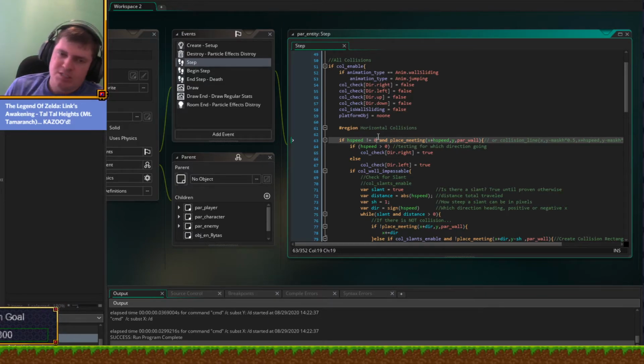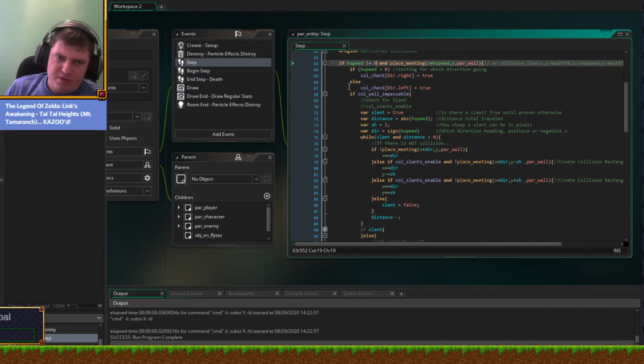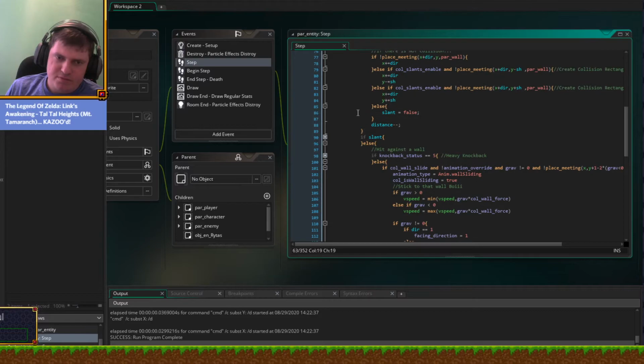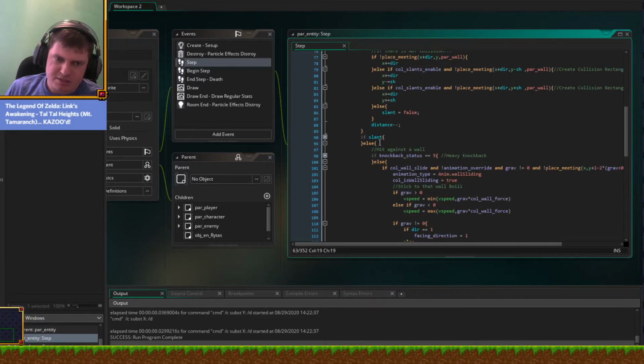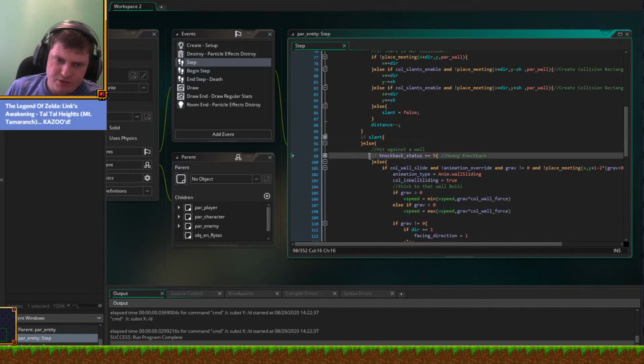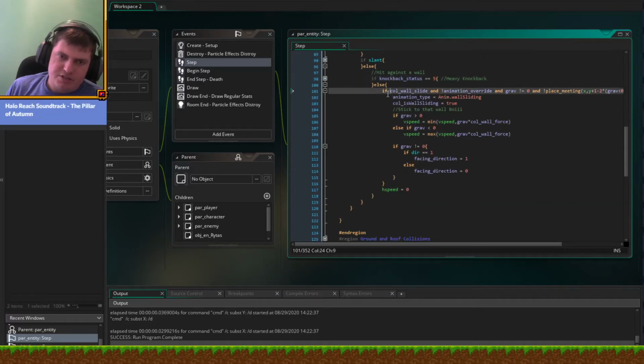Right, so this is true. Okay, it's not a slant. So since it's not a slant, thus our knockback status is not heavy knockback. Thus,